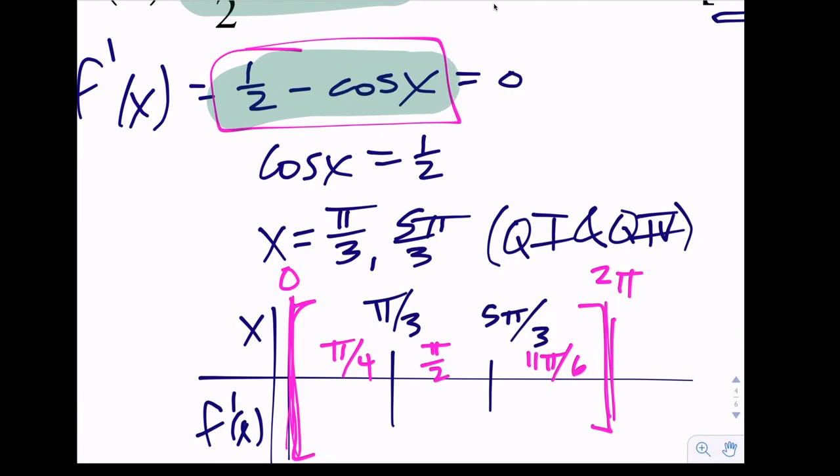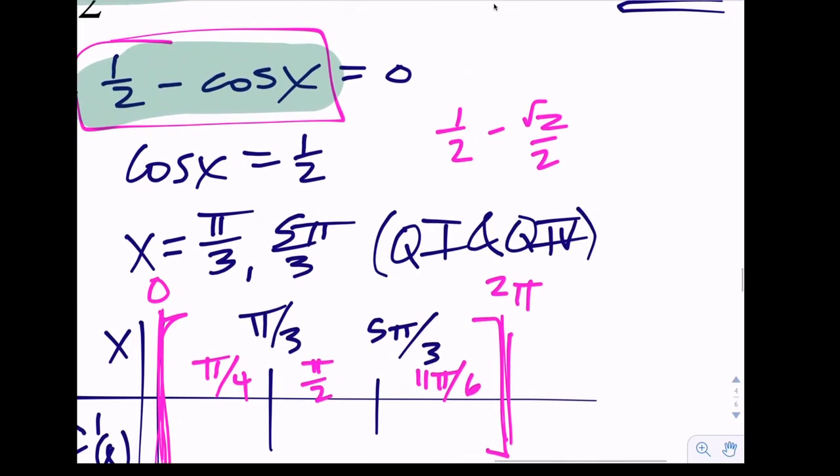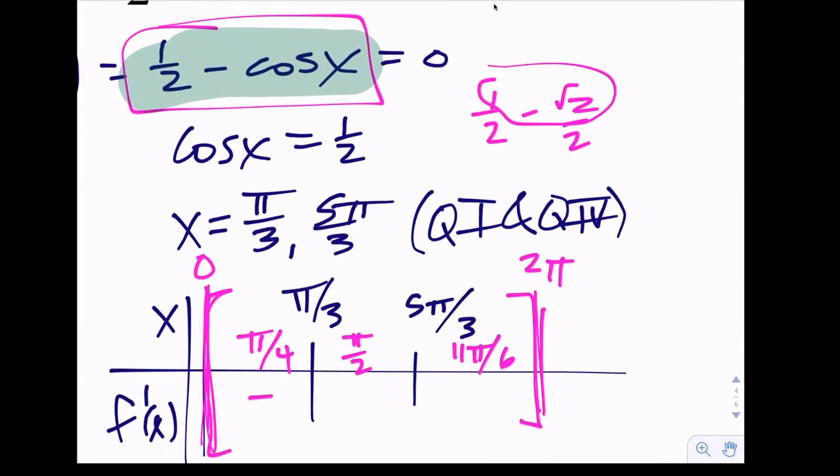If I plug in a pi fourths for x, I get cosine of pi fourths, which is square root of 2 halves. So 1/2 minus square root of 2 halves is positive or negative. It comes down to comparing that. Square root of 2 is a little bit bigger than 1, right? So 1 minus a number bigger than 1 is going to end up being negative. When you plug in a pi halves, what's cosine of pi halves? 0. Nice. So I get 1/2, which is positive. Good choice, Sean. And 11 pi 6, if I plug in cosine, I get